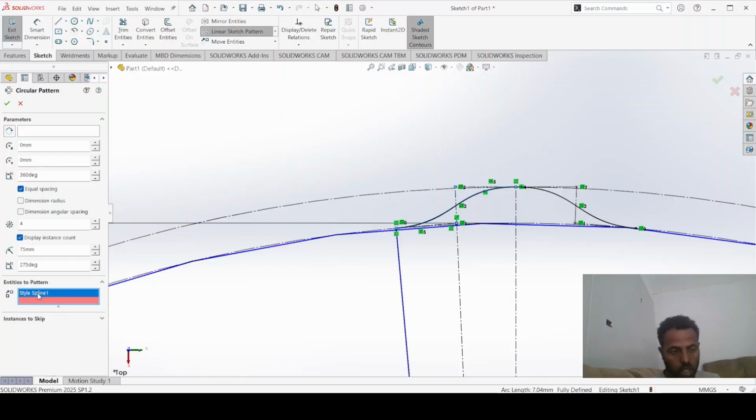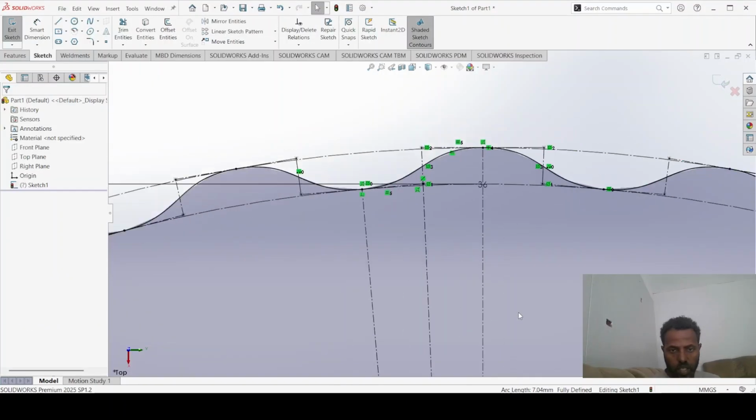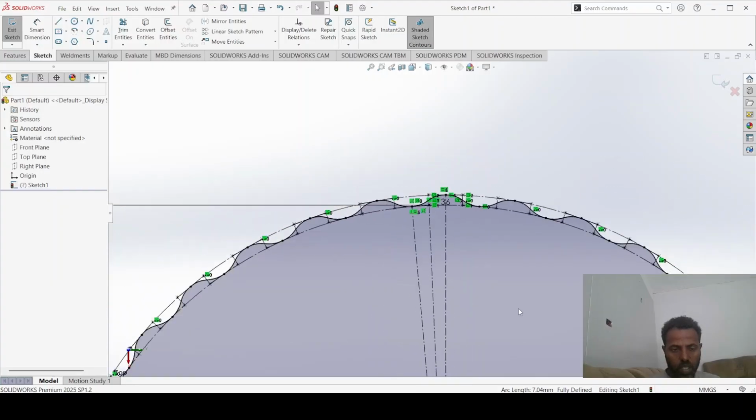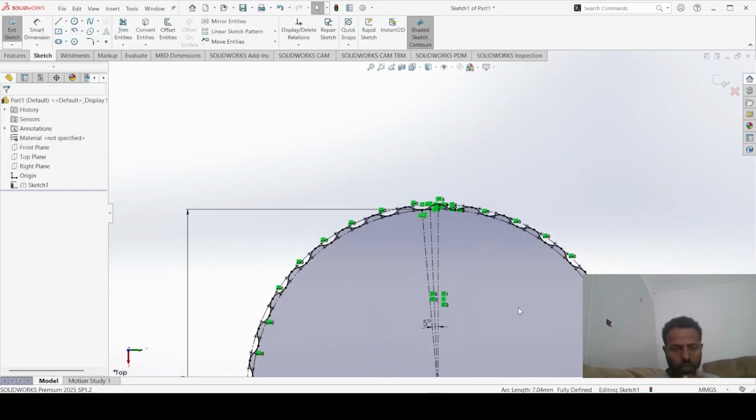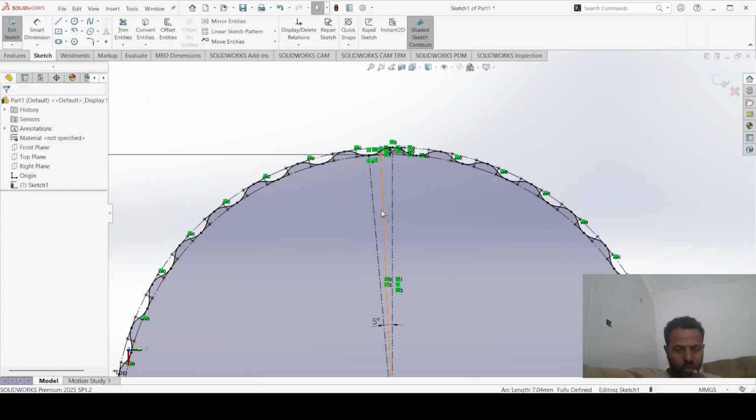What are the entities to be copied? This one and this one. Then how many? 36 number. Then let's press OK. Then it is, as you can see here, like this one. But what we need to do is,